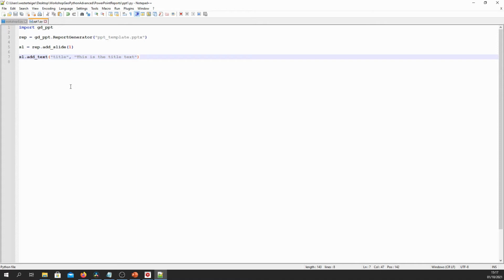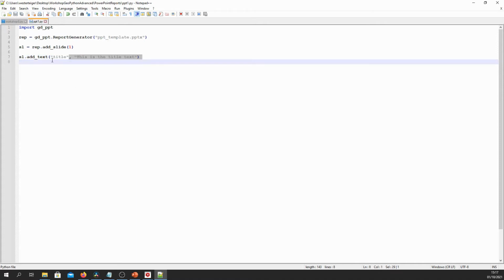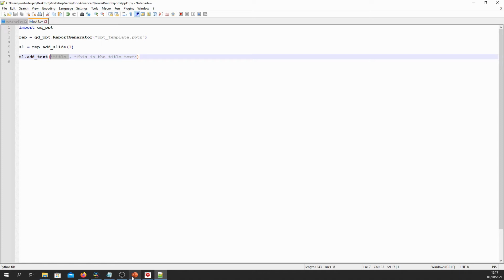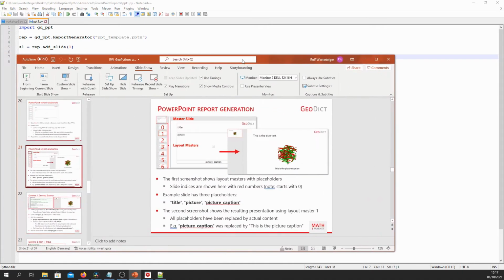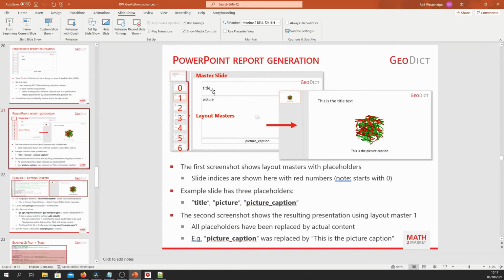And so this title is what you saw in the master slide. Let me call it up again. So this title is what you saw here in the layout master slide. You have to give it some keywords so you can address this from the Python code.